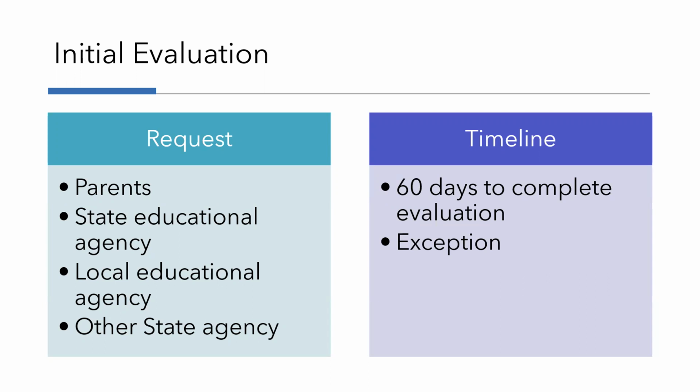In any case, after obtaining parental consent to evaluate, the school has 60 days, unless otherwise specified by the state, to complete the full evaluation to determine the needs of the child, as well as if they actually have a disability. However, the school is not responsible for failure to complete that evaluation in the designated timeframe if the parent repeatedly fails or refuses to produce the child for evaluation. So we know that children with disabilities sometimes have a lot of health needs as well, and that's okay. It just is something to note here that if the child isn't available for evaluation, then the school is not held to that 60-day time period.